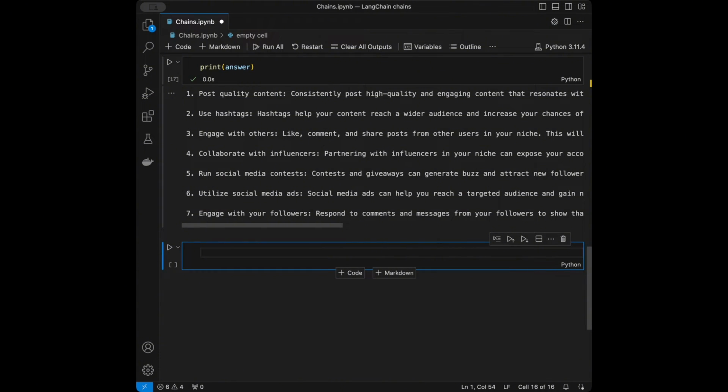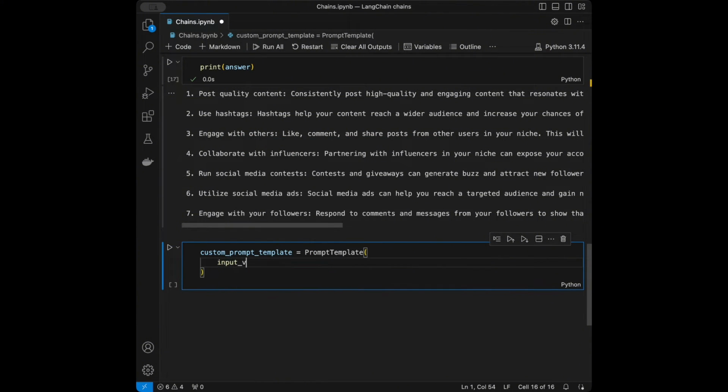So next we are going to talk about customizing the chains. So we can modify the chain by changing the prompt template or the input parameters. For instance, you can make the chain respond in a specific style or format by adjusting the prompt. So let's do that. I will say custom prompt template, and it's going to be prompt template input variables. Let's say only question, and for the template side, let's say like,